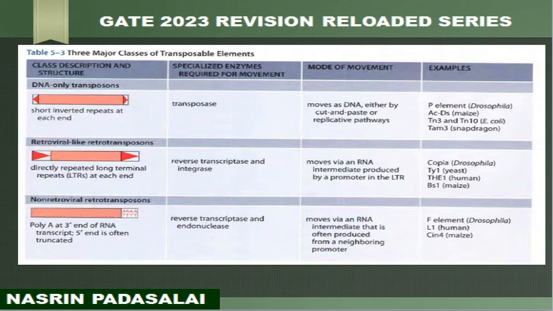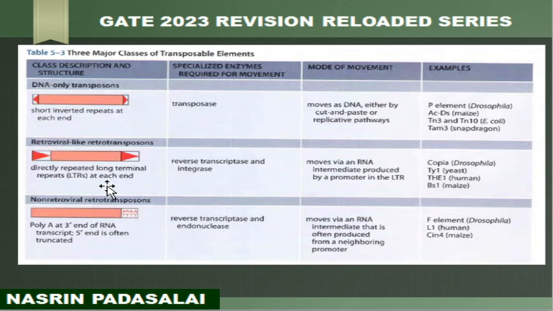The structure of retroviral-like retrotransposon is that it has a direct repeat, a long terminal repeat, that is an LTR, at each end, whereas non-retroviral retrotransposons have a poly A tail at the 3' end of the RNA transcript, and most commonly the 5' end of this retrotransposon is truncated. Next, the enzyme required for movement: in DNA-only transposition, the enzyme required is transposase, whereas